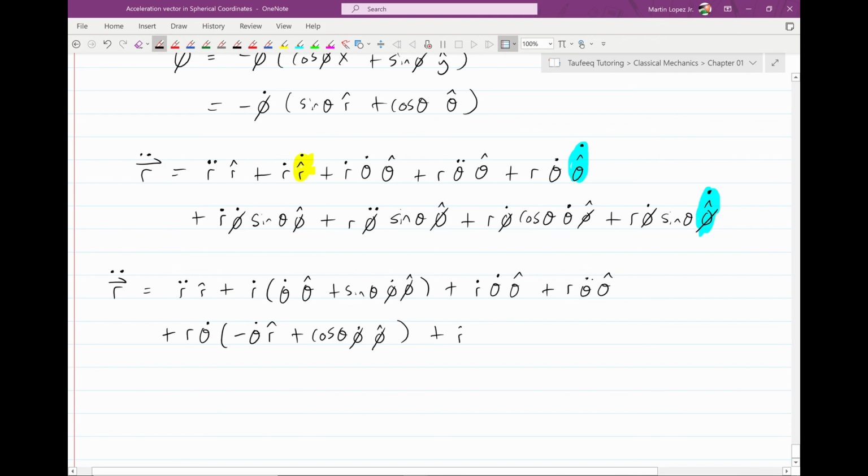That should be correct. And we have one more to plug in. So we have plus r dot phi dot sine theta phi hat plus r phi double dot sine theta phi hat plus, okay, so this right here,